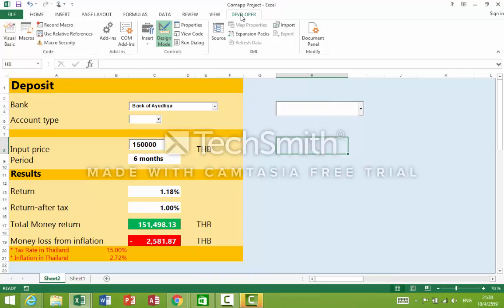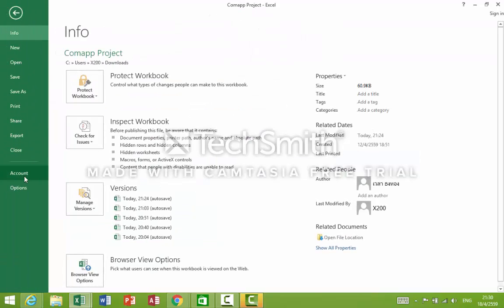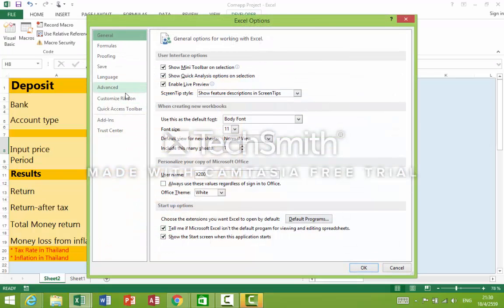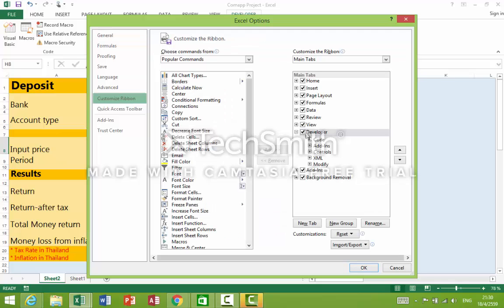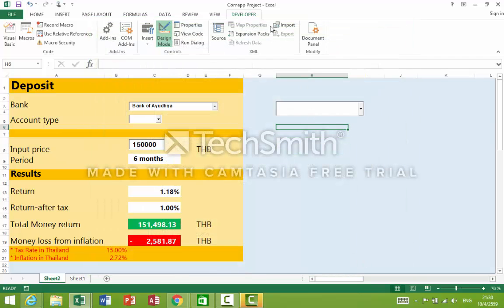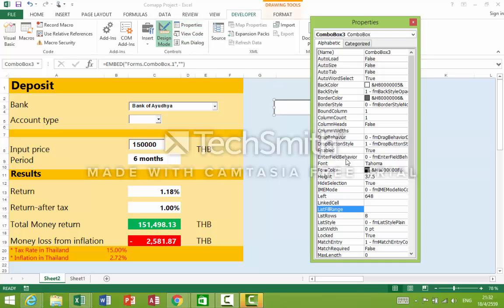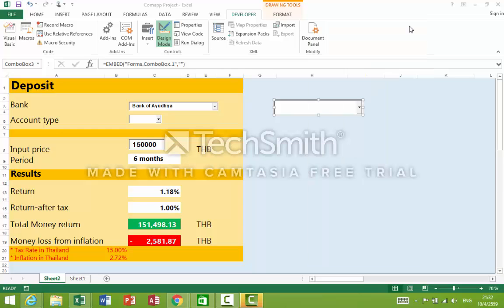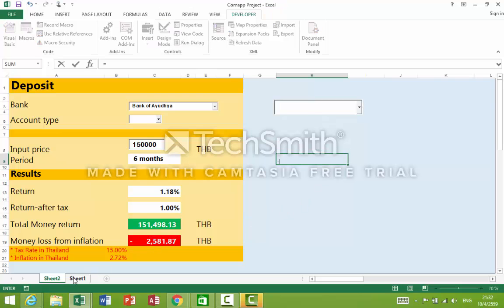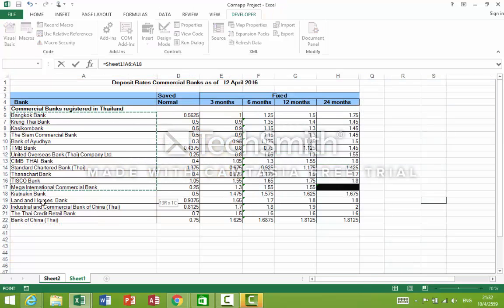By the way, if your Excel doesn't have Developer in it, you can go to File, Options, Customize Ribbon, Developer, and then you press OK. It should appear. And now we're going to go to design mode, select the box, Properties, and then go to the ListFillRange. The thing we're going to put in is the data from the banks. Drag it,